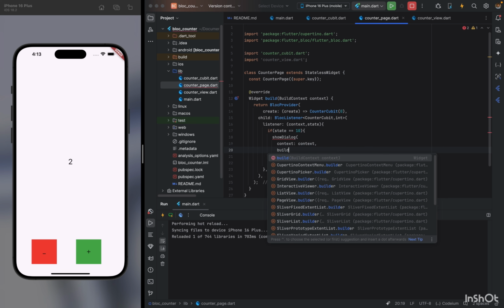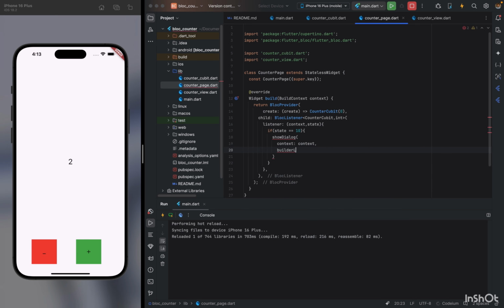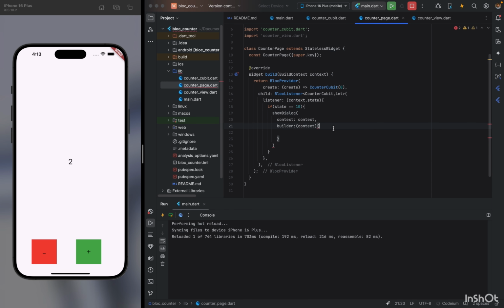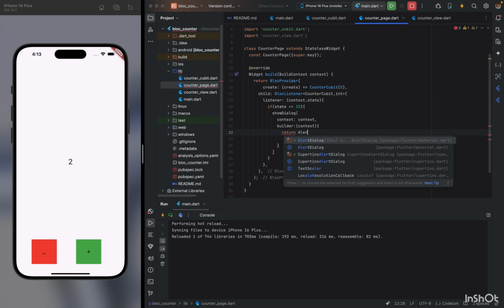Then we will need a builder, builder, context, and in the builder we will return an alert box, right? So alert dialog,